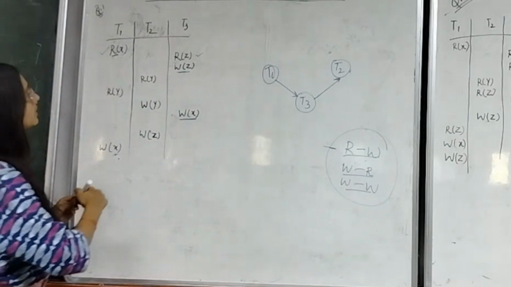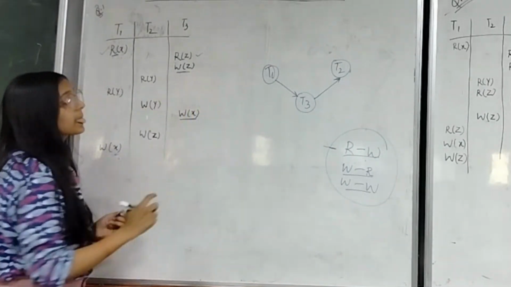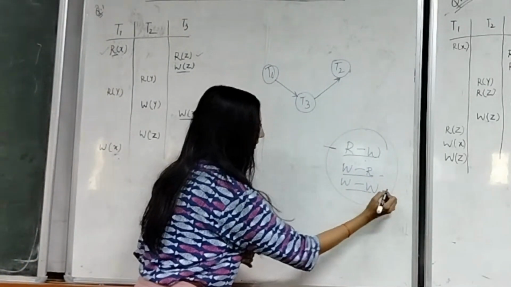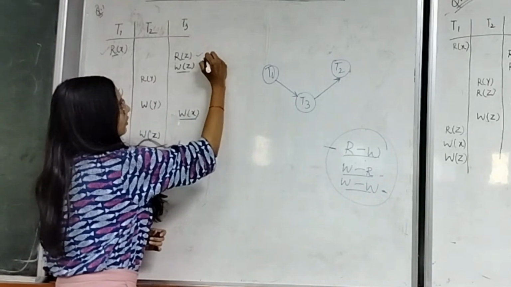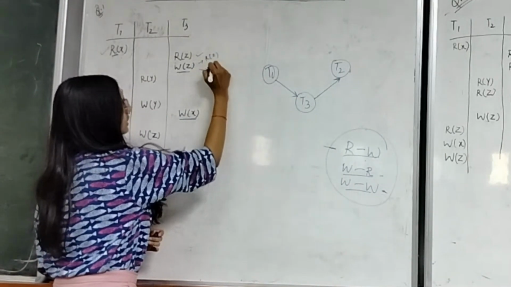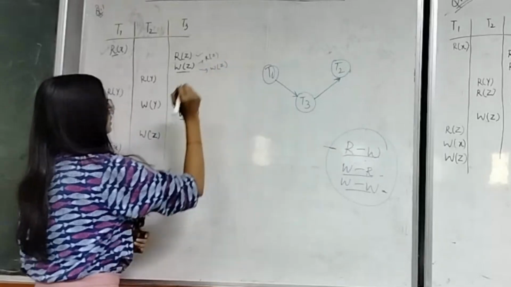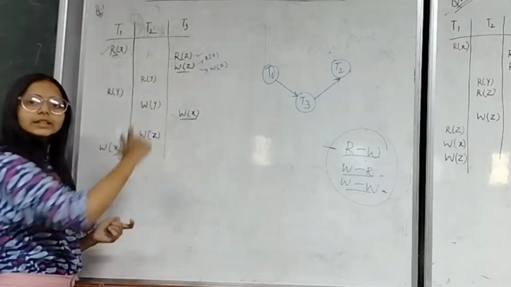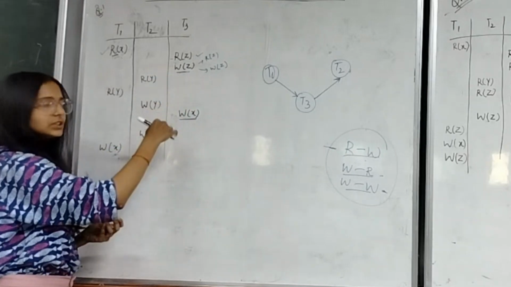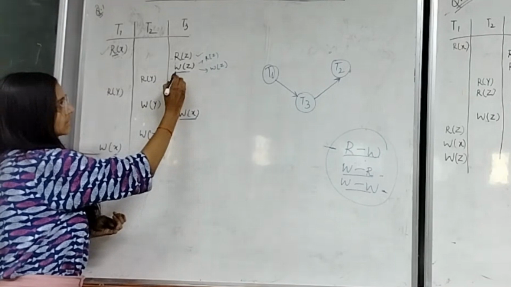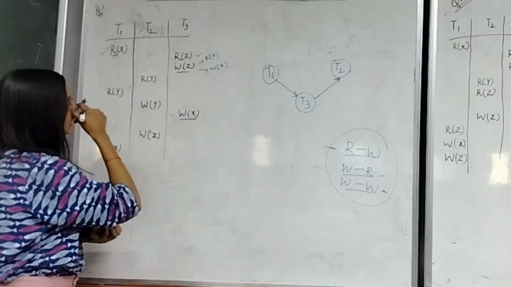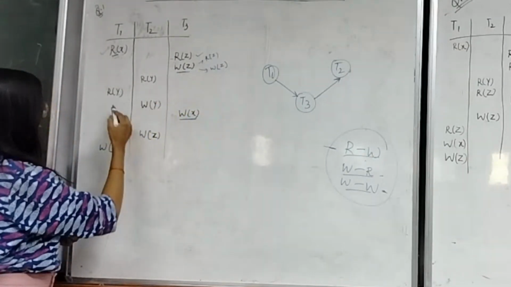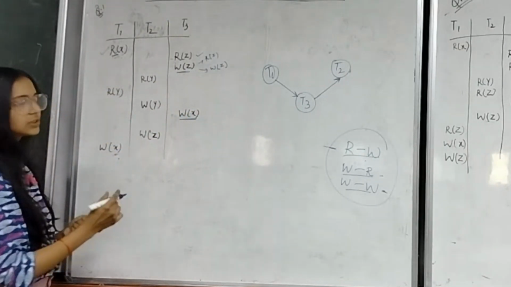Okay. Now we'll see for the write operation on z. A write operation can cause conflict with both read operations and write operations. So we have to look for read on z and write on z operations. We'll not go upwards as we have already checked these two transactions. We'll only check the operations which are below the write on z. Let's check for r of z. There's no r of z, so there's no conflict.